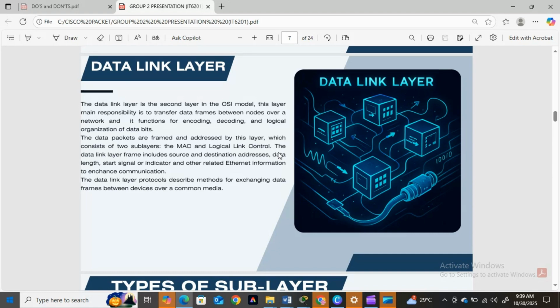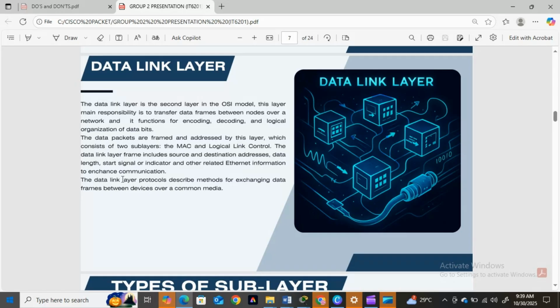The data packets are framed and addressed by this layer, which consists of two sublayers, the MAC and logical link control. The data link layer frame includes the source and destination addresses, data, then a start signal or indicator, or other related Ethernet